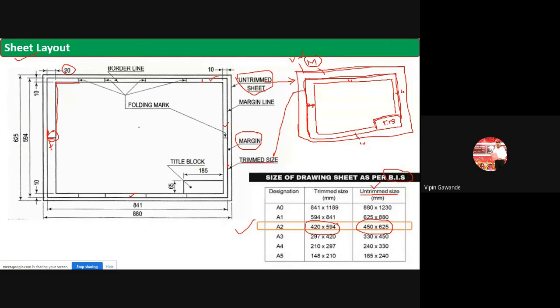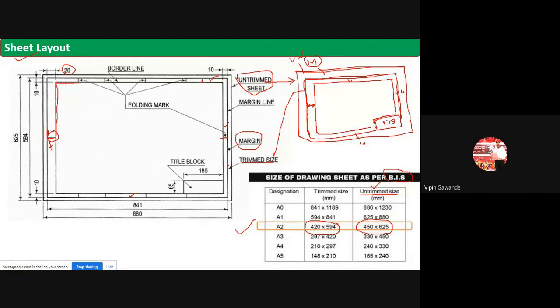Now, what are the other things here? Okay, so here they have marked folding marks. So here is the center of the sheet and the marks 1, 2, 3, and 4. So here they have made some divisions. Folding mark means what? Now we know that this sheet is bigger. So whenever you have to submit the sheet, we have to fold the sheet. But you can't fold the sheet from any corner. So there are certain markings on the drawing sheet, and from there only you have to fold the sheet. Okay, so these folding marks are there on the drawing sheet.